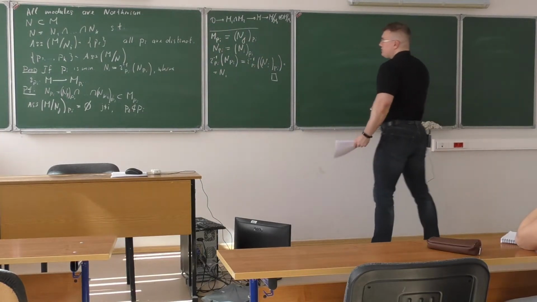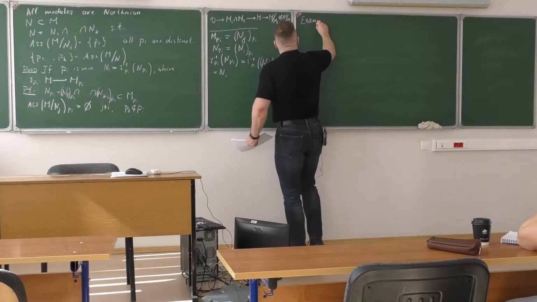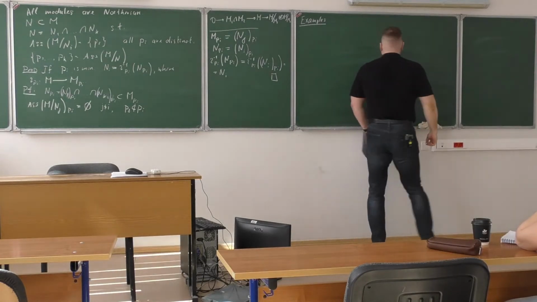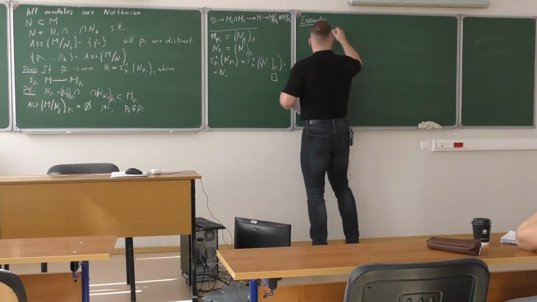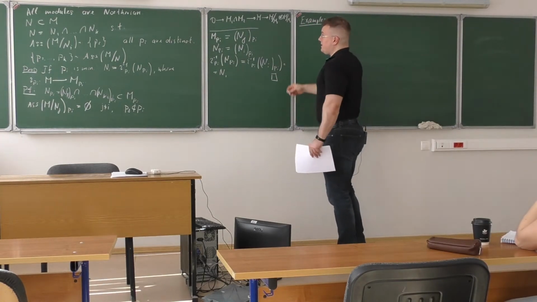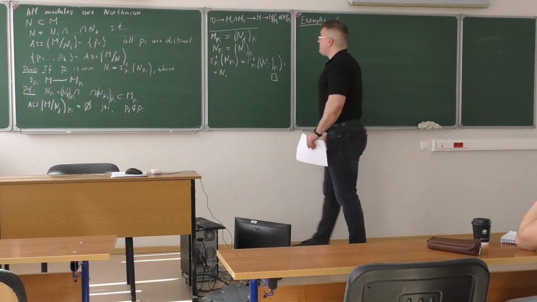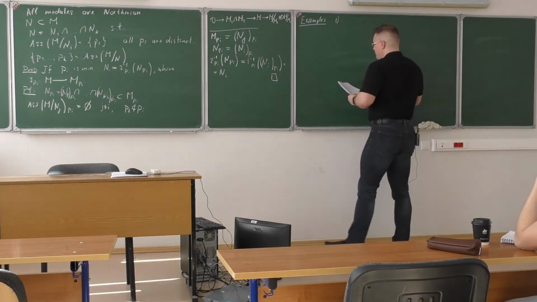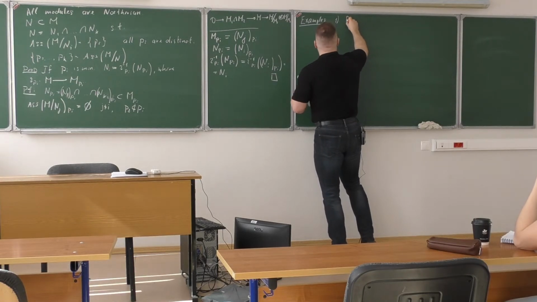Okay, so I want to finish this chapter with several exercises. In some sense these examples are also exercises, but I think they are quite elementary exercises. I just want to demonstrate to you that even though we have this uniqueness result for minimal primes, in general the decomposition is very far from being unique, and in fact you can even get families of decompositions, even in very simple examples.